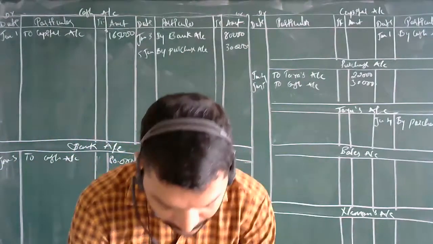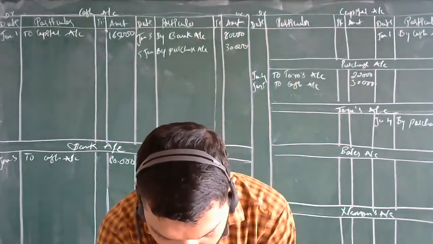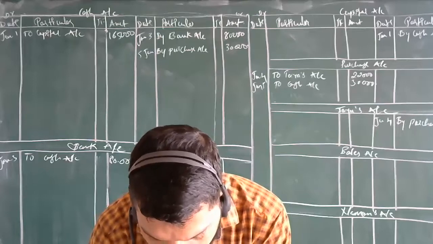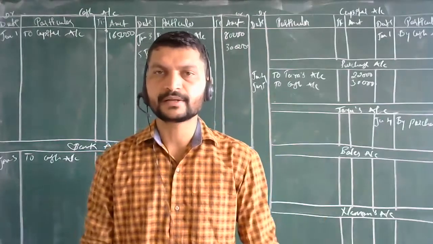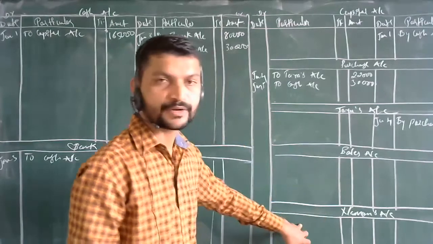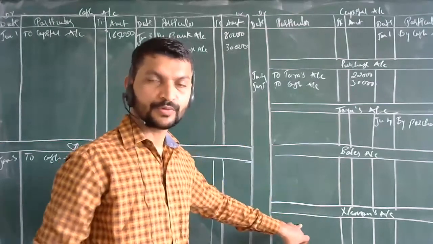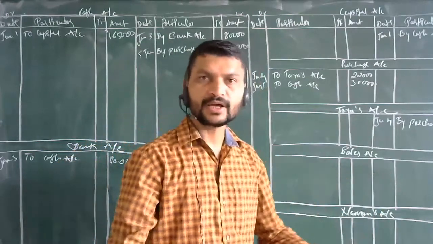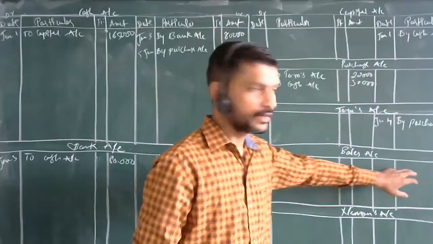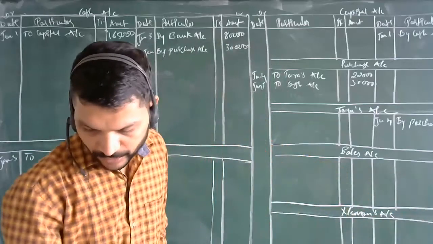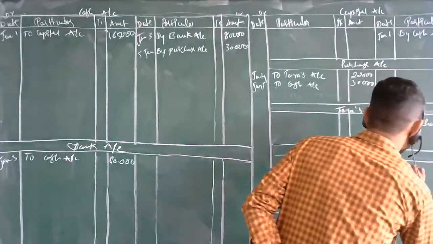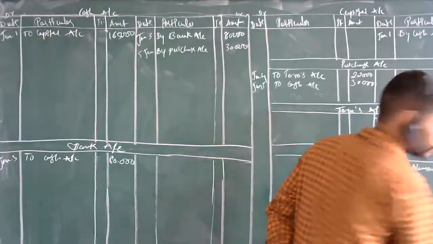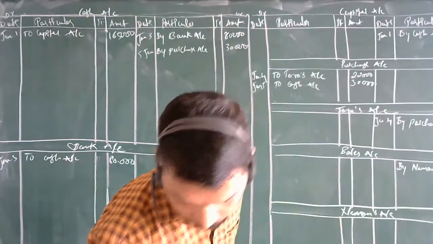Now, what have you done over here? You have sold goods: goods sold to Naman. Now what has taken place over here? Naman's account is debited. Why? Because he is purchasing the goods. When assets are coming in, it will be debited, and when assets are going out, it will be credited over here. So in simple terms, you can say by Naman's account, what is the cost over here? I have not seen the cost. 12,000.